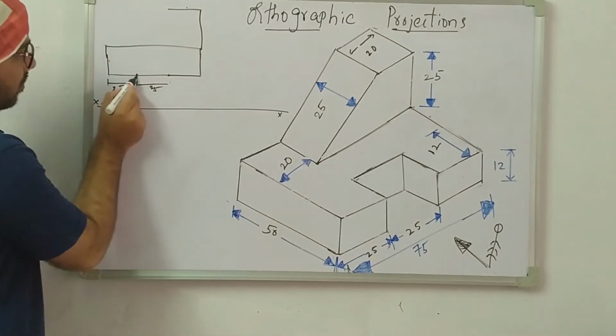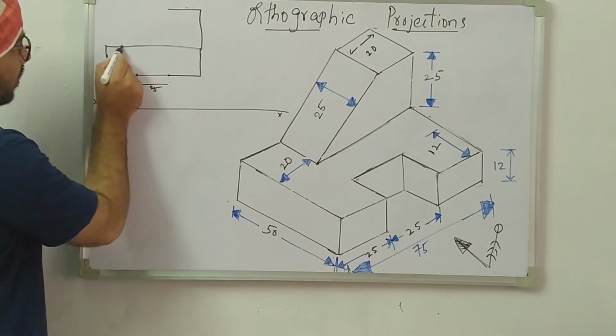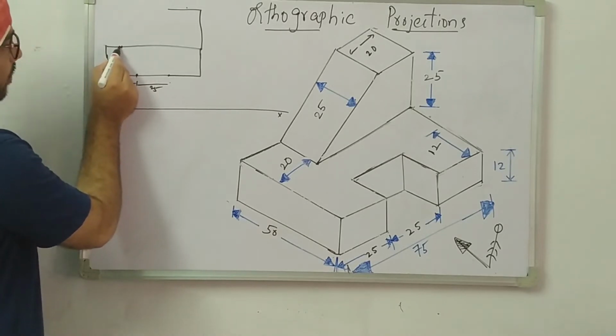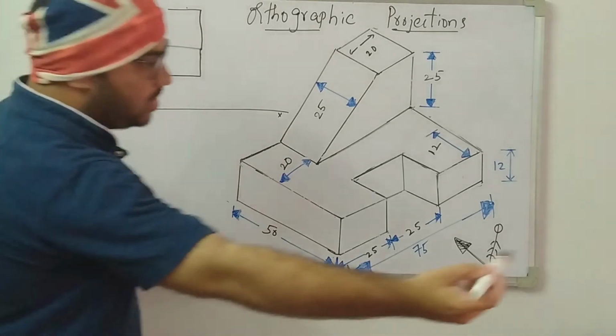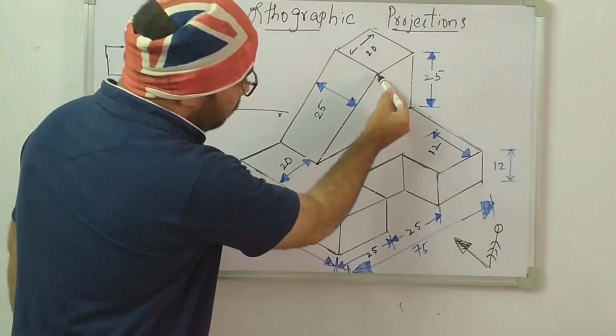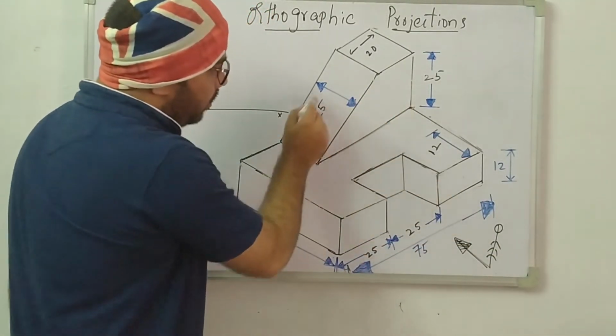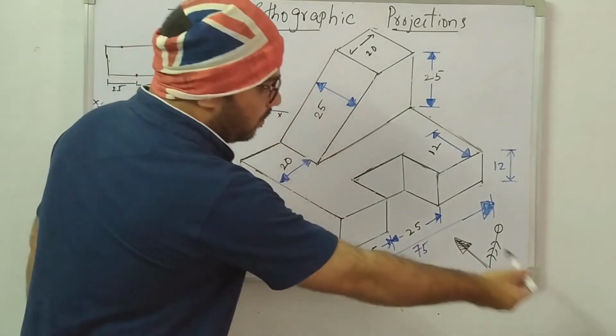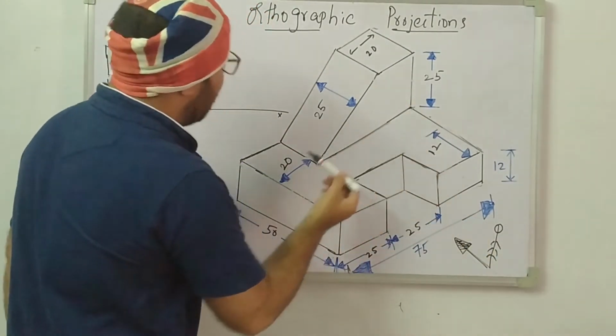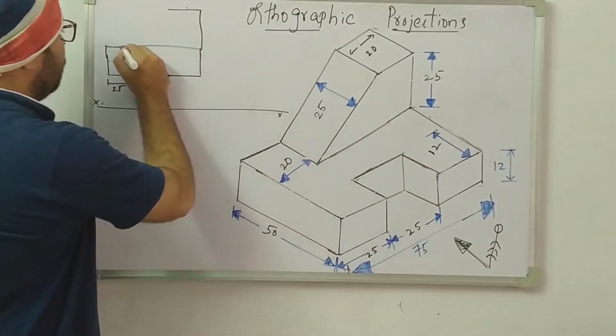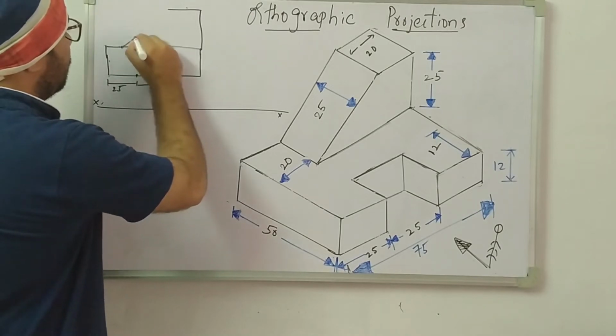So here to here it is 25. So it may be somewhere here. This is 20. From there, you are watching from the front side. I am going to see this line. I am not going to draw this total slant because I am watching from the front view. I can see only this slant face. So from here to here, simply join the line.